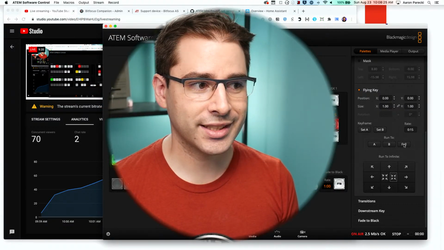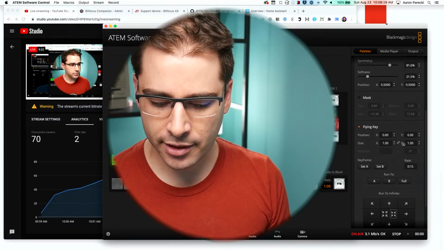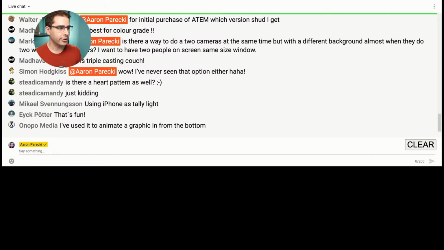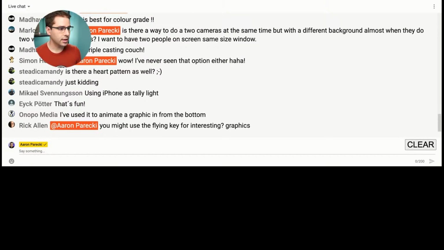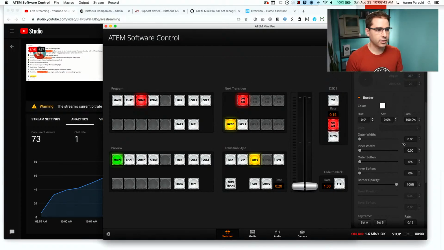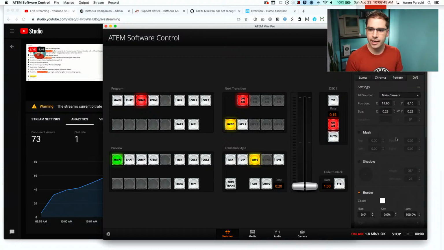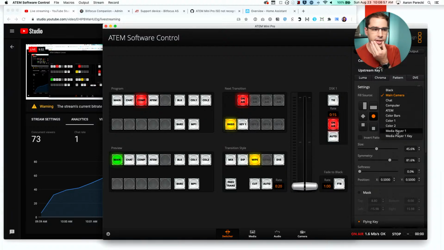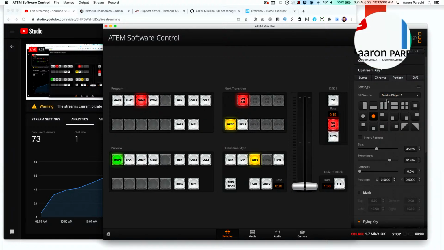yeah, interesting. I do like it for the map though. So I think this is the wrong tab, but where I can now just plot myself in the corner, and that's cool. Oh yeah, for graphics, that's a good call. It does make sense to have that for graphics instead of necessarily camera. So if I have, I don't know if I have any graphics here. I guess I have my media player, my logo. So if I use,